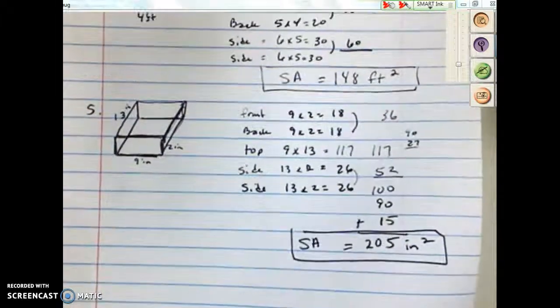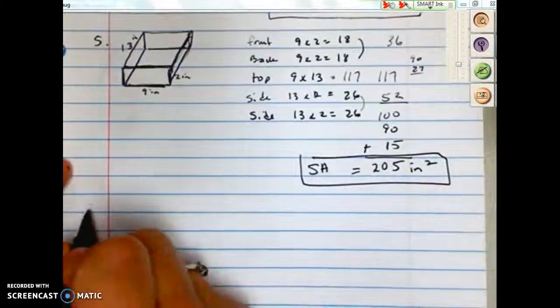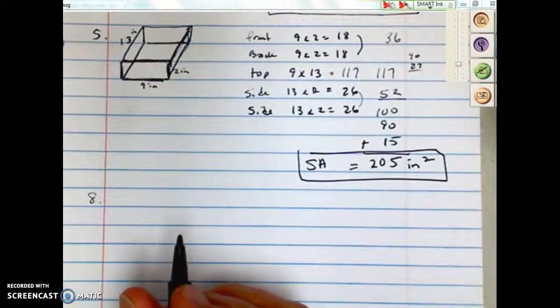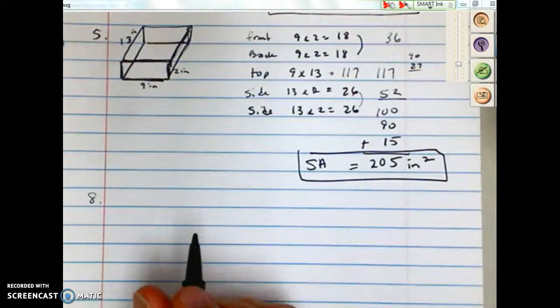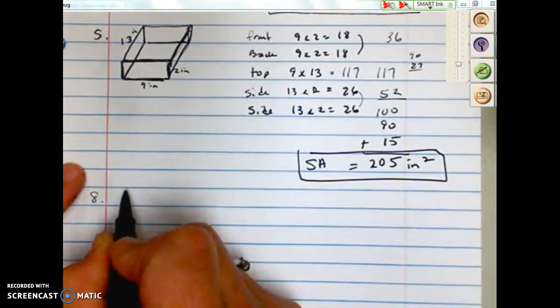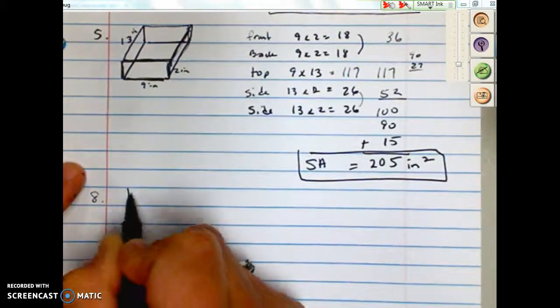We're going to skip to number 8. So number 8 is this rectangular prism. It looks like a square. It's like a box, a cube, if you will. So they're pretty equal. So we're going to make a square,